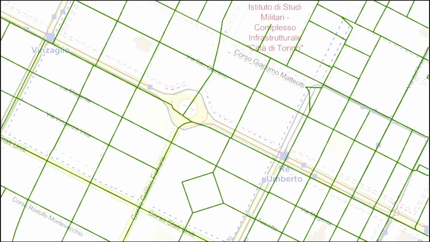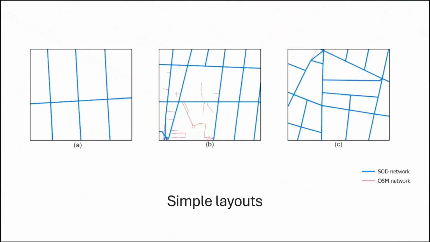Now I want you to go through different layout configurations, from the very simple to more complex ones, and see where the algorithm works well and where more work should be done. Let's start from the simple one. Figure A is a very simple configuration, so actually we expect nothing. I mean, everything should be as the original network. Is that exactly what happened? So we are happy with that.